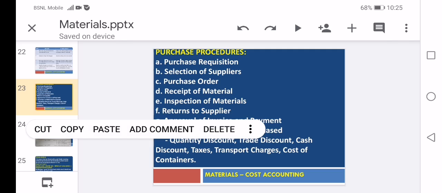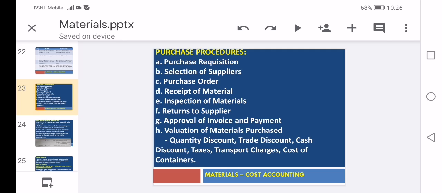In the inspection, if damaged goods are found, unspecified goods are received, or any other problem arises, then immediate step to be followed is return to suppliers. Means goods received are inspected. If they are not up to the mark as per our requirement, then they are returned to the supplier again. This may not happen on regular basis because of human error, or in few cases the return of goods may happen.